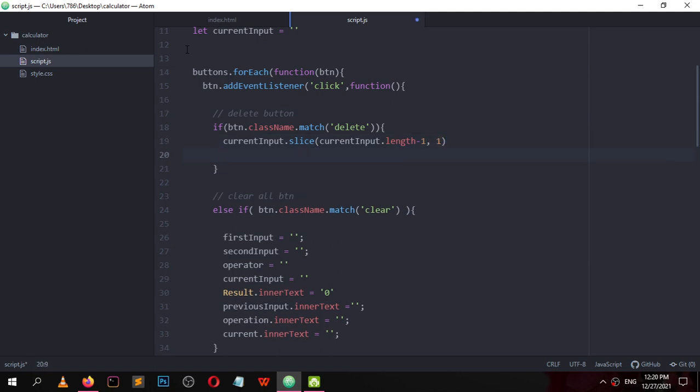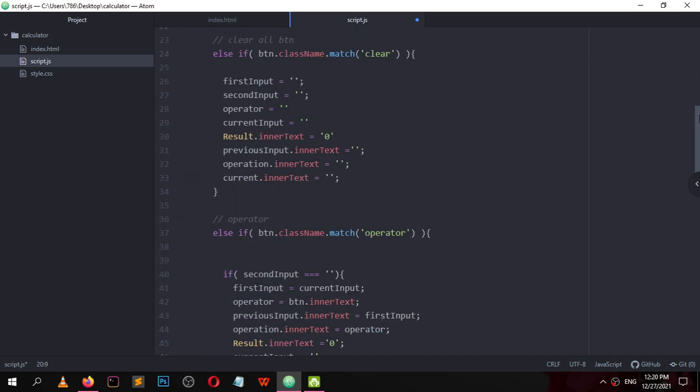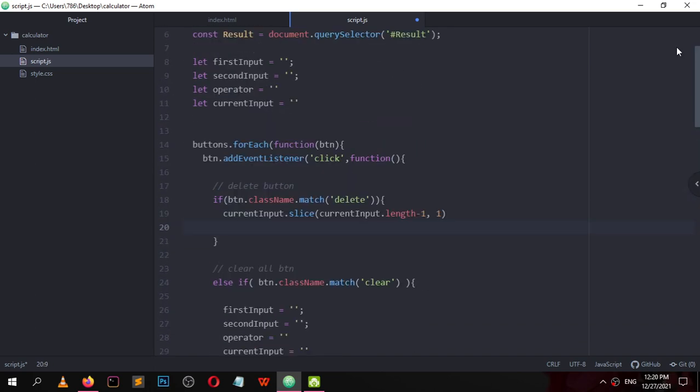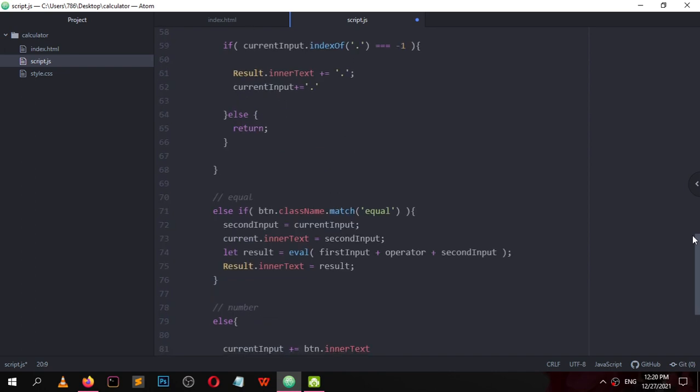And we also need to update current or result, not the result, what can we update?